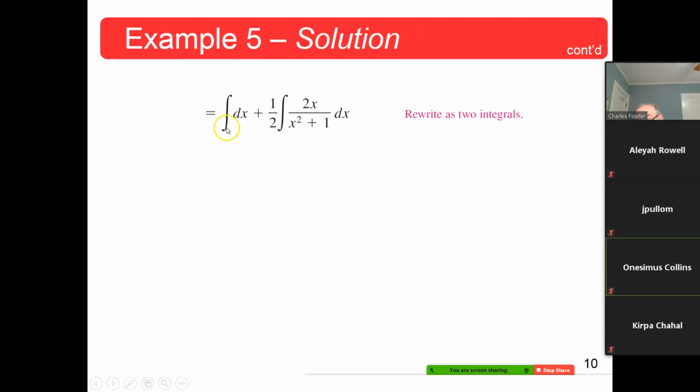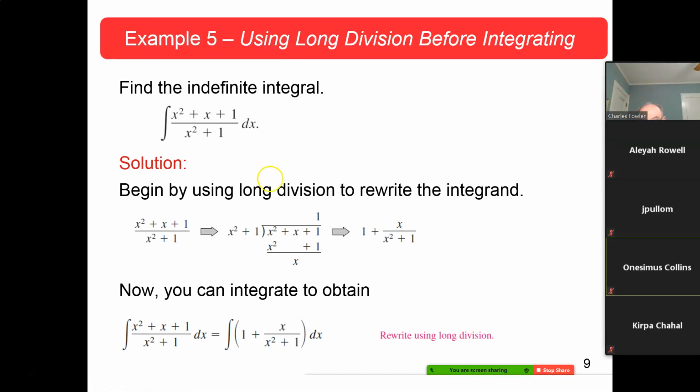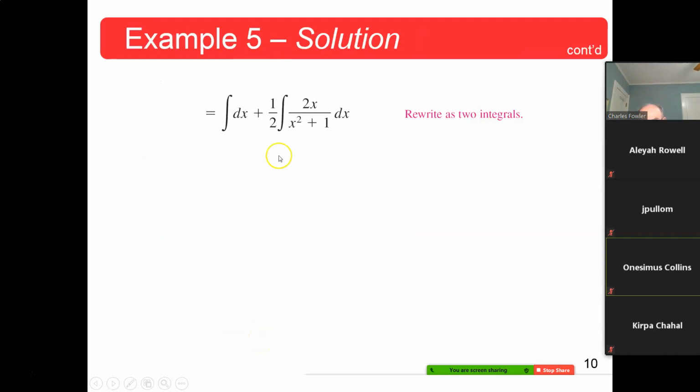The integral of 1 dx is just the antiderivative of dx plus, and here they jumped the gun. They showed the step of breaking into integrals. What they didn't show is that they wanted a 2x up here, so they put a 1/2 out front, which is exactly fine, but it's not the way we had been doing it, but it is a perfectly correct way. And this then would be x from this one, and then it would be 1/2, and this, because you see the numerator is the derivative of the denominator, that would be this log of x squared plus